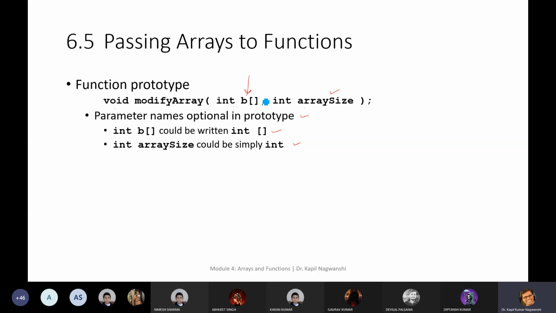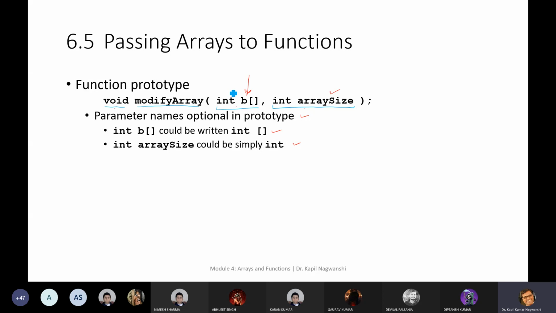So what is the function prototype? In the function prototype, this is the return type. This is the array modifier, whatever function we are going to declare, modifyArray. This is the parameter we pass, and another parameter we pass.